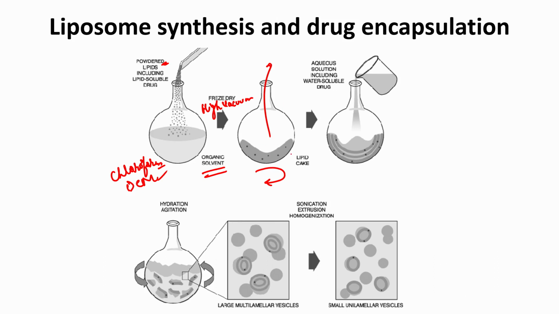If you have any hydrophobic drug you may want to add it into this organic solvent. So, your hydrophobic drug is entrapped within these lipid layers, right. All of this lipid which is not going to evaporate will just form a film on the base of the round bottom flask. Once this is done, you can come in with your aqueous solvent. If you want to encapsulate any hydrophilic drug, you can put the hydrophilic drug into this aqueous solvent